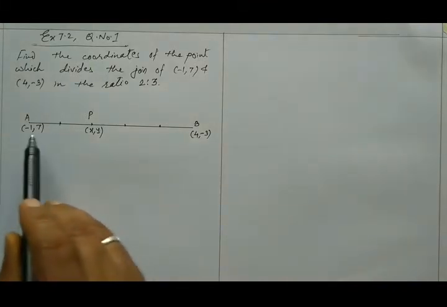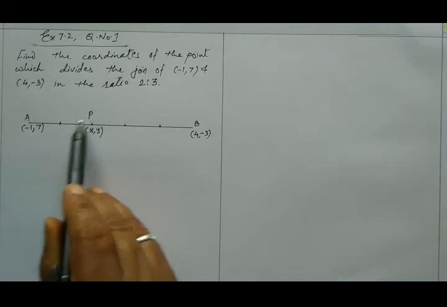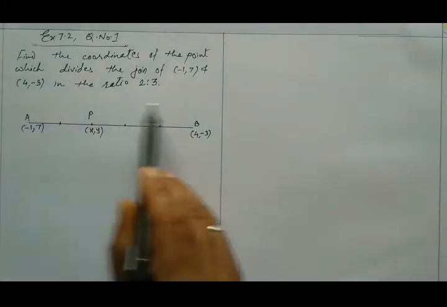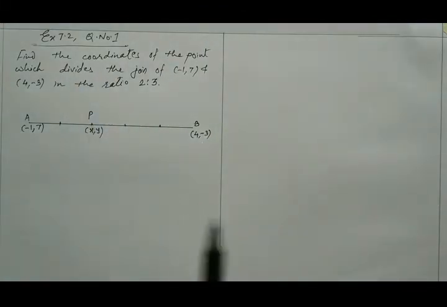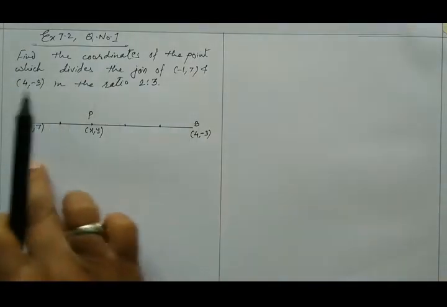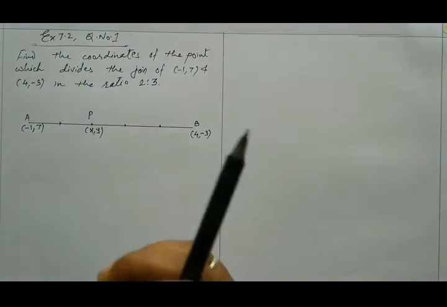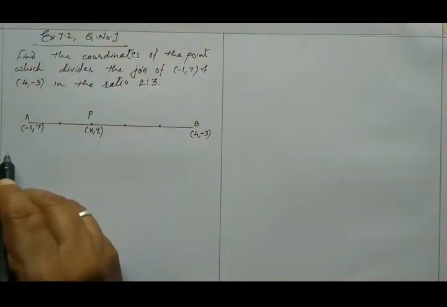So I have divided, see here, one part, second part, here I have taken P. So this is 2 parts, and here 1, 2 and 3 parts. So join of AB is divided by P in the ratio 2 is to 3. This diagram, no need to draw all the time this way by showing the 5 equal parts. This is the first time I am showing you for your understanding. Let us see the solution.